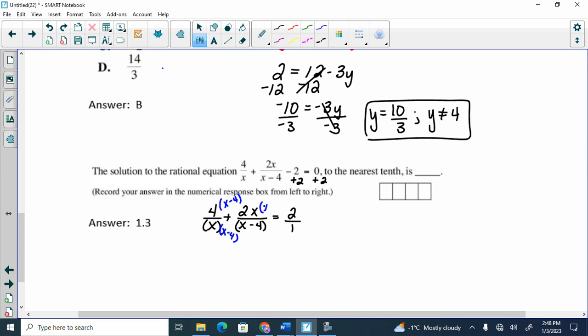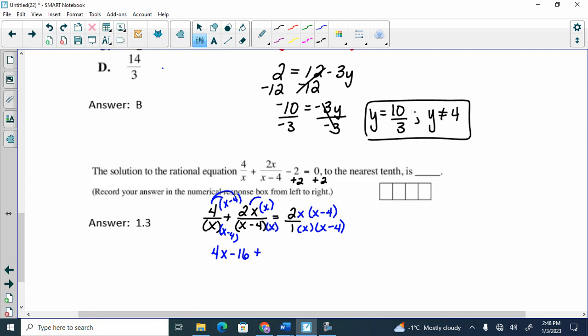And this one by x. And then this one I have to do both, so x and x minus 4. But the x can just join the 2. Remember, we don't distribute our denominators. There's no point. It's going away. So I only distribute the numerators. So I get 4x minus 16